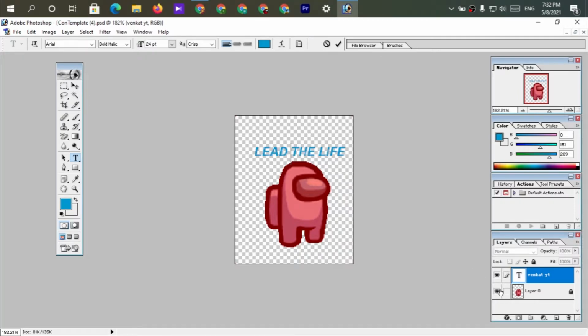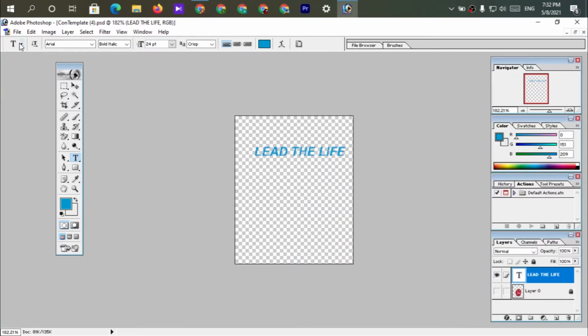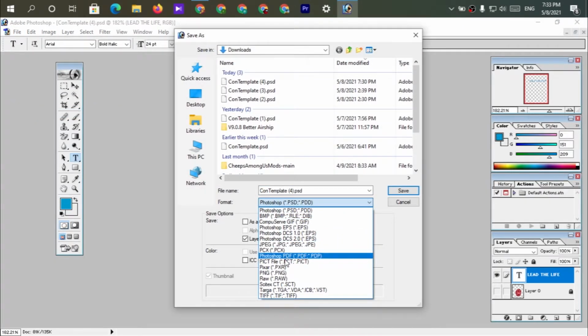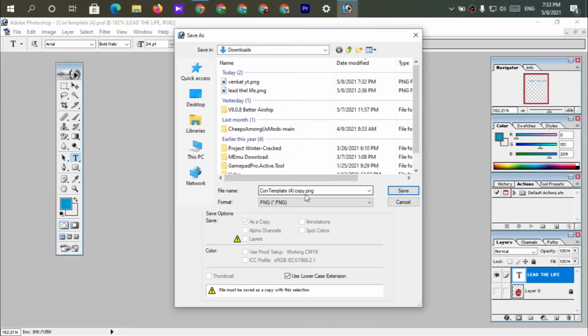Now I'm going to hide this image again. Now let's save as PNG. Guys, make sure to save as PNG, because when you save as JPG it won't be as transparent. So make sure to go with PNG.